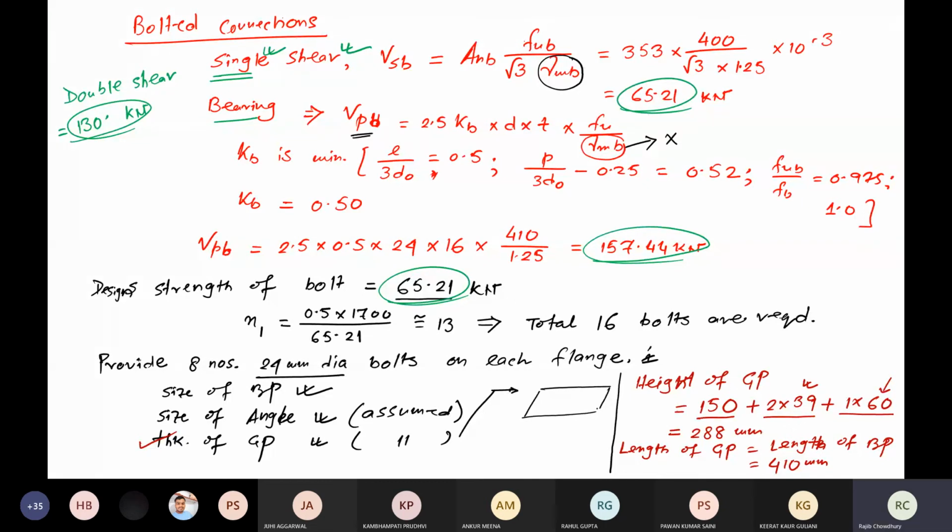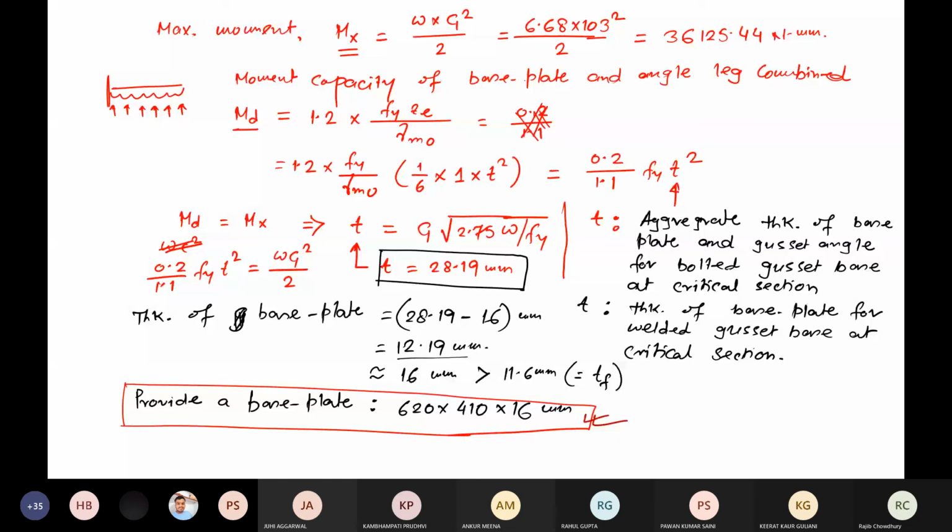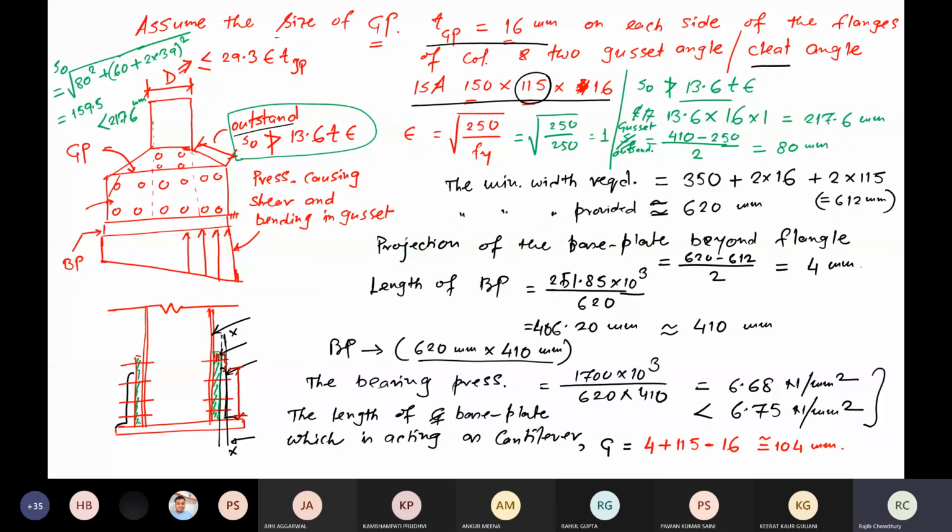Definitely you should argue with me. Yeah, because some bolts won't be in single shear. Yes, so you can definitely take double shear for their minimum capacity. For some of the bolts, like at here or at here or at here, it would be double shear. But this portion is a single shear. These other 3 portions over here, wherever the cleat angle has been connected, double shear would be there.